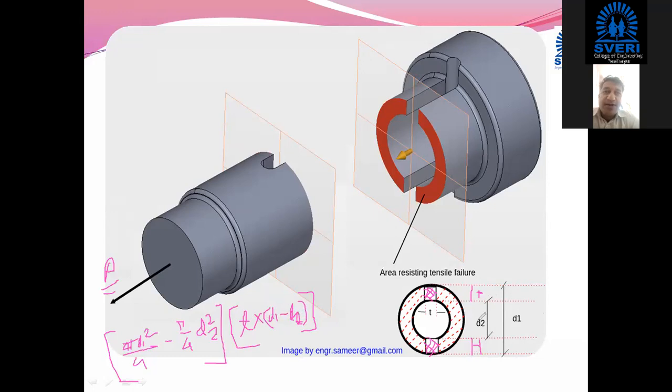So this d1 minus d2, that is total length x plus y, multiplied by t, because this area and this area we have to subtract. So this total length is multiplied by its total width. So this area is calculated, and we can say this much area is undergoing tensile failure when we apply load P. So stress can be calculated, that is sigma T is equal to force divided by area. Force is P, area we have just calculated. So sigma T can be calculated.